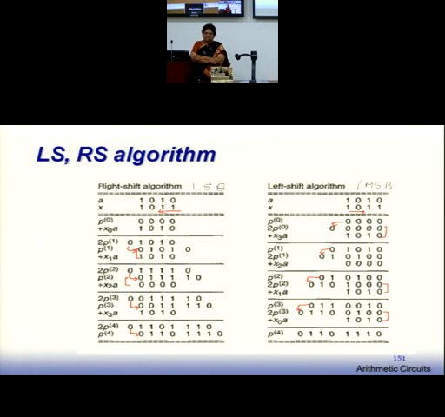We have 5 minutes. So okay, I will leave the class and we will take up this LS and RS algorithms and how to implement it, because you have to form a kind of a tree, a carry save tree will be there. But then it will be done by using minimal hardware. You will see, you will not be requiring too many full adders because you will be generating PP rows one by one. This will take minimal hardware.